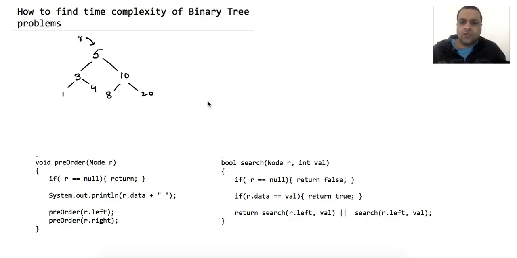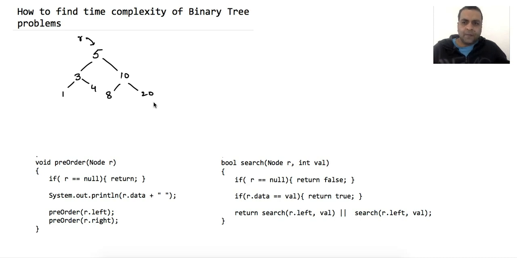Hi friends, so this is part 2 in a series of videos on how to compute the time complexity, especially during interviews and in real life. This is not related to research or academics. This is something very intuitive in nature. So how do you find the time complexity in a very intuitive way, without using any equation, without using any